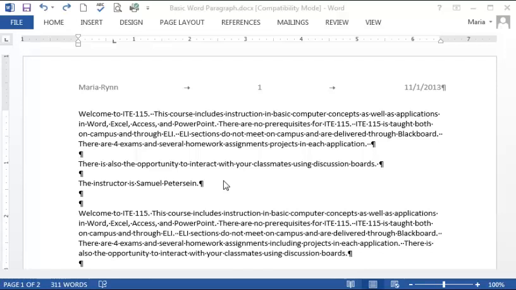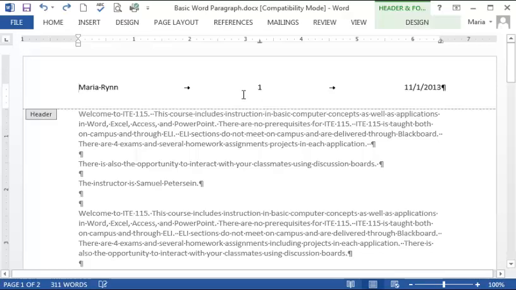You can also edit a header once it has been inserted. First, select the header by double-clicking somewhere within the header, and then you can make any edits that you wish. In this case, instead of just having the page number display in the center of the header, I'm going to insert the word page to the left of the number 1. Let me click on the page number in the header, and type in page, P-A-G-E space,